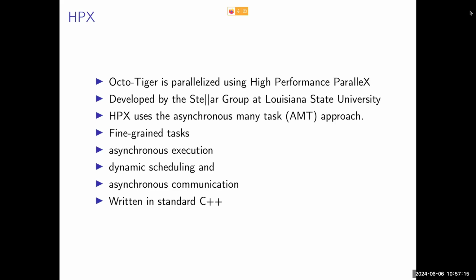So fine grained tasks would be, you know, not like a P thread, but a user space thread. So they're more lightweight, and you have, you know, thousands of them on one node without much of an overhead. This asynchronous execution, primarily through futures,